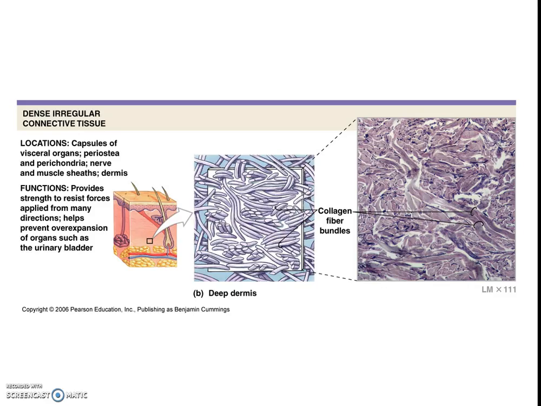Now we see an example of dense irregular connective tissue. Irregular meaning that in this case, the collagen proteins are running at all kinds of different angles. They're not all running in the same direction like they would be in the dense regular connective tissue, but in this case they're running at different directions. And again, this is the type of tissue we would find in our deep dermis, our dermis, this lower, thicker